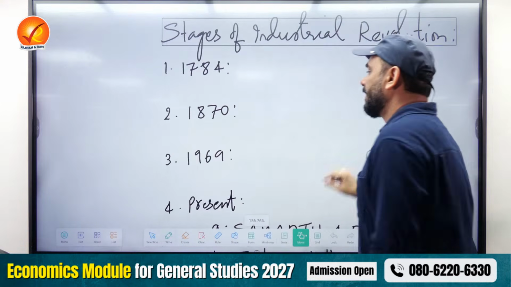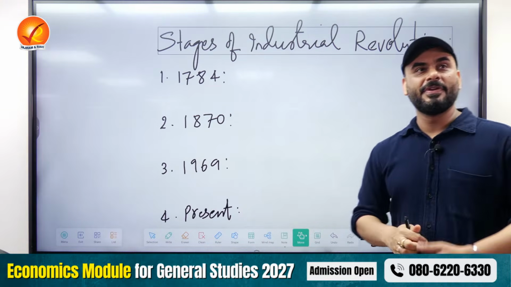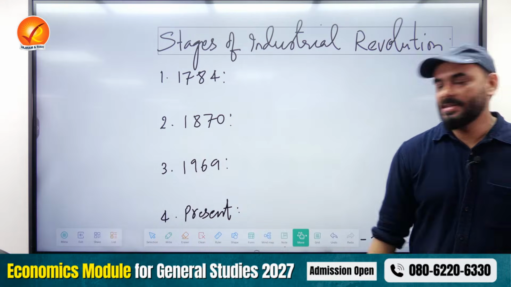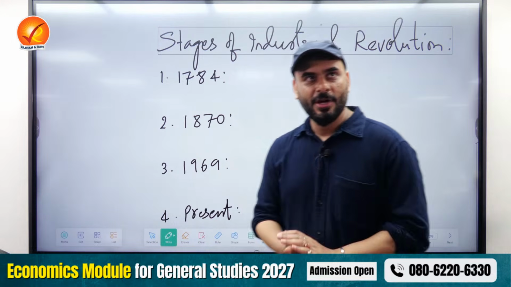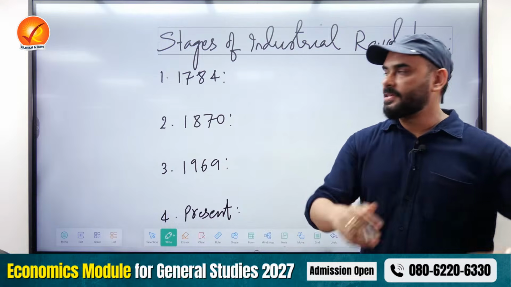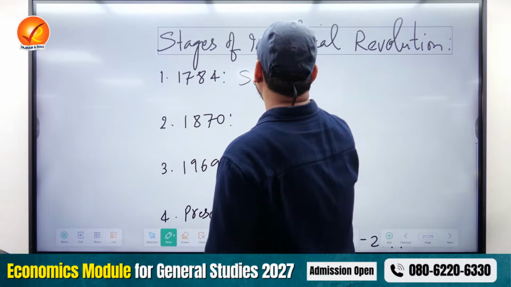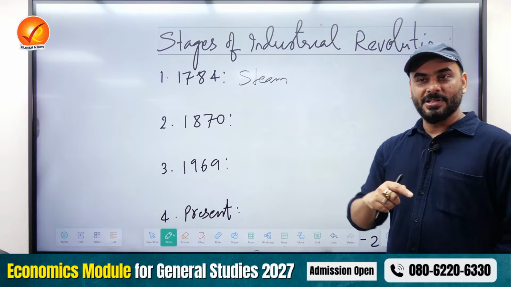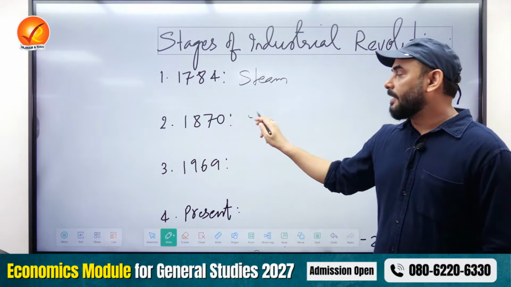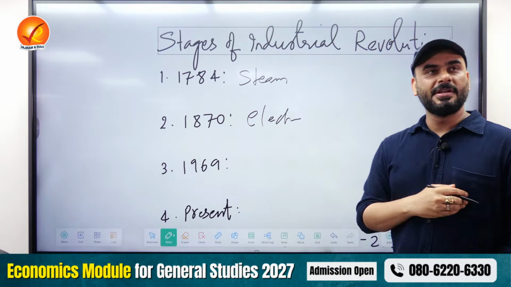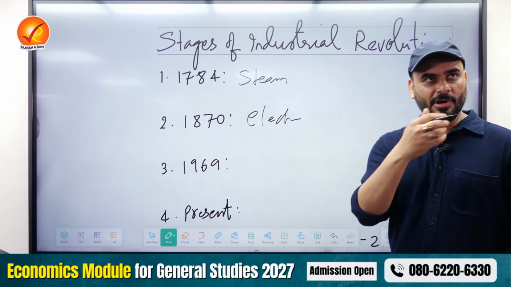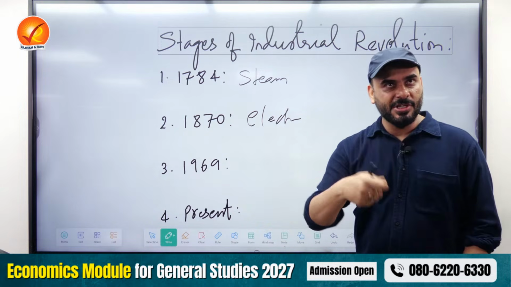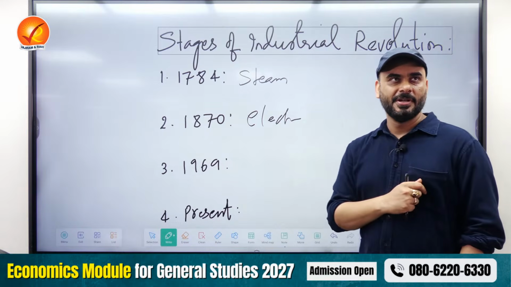For example, if anybody asks you what are the stages of industrial revolution? The first stage of industrial revolution is 1784. What happened in 1784? Whatever machines and industrial setup we had used to run on steam power, which means we used to burn coal, boil water, and through the steam run machines like steam engines. Then in 1870, electricity came. When electricity comes, your bulky machines become small and your capacity improves. And with electricity, you will see that a lot of new types of machines also got developed and the number of industries increased.